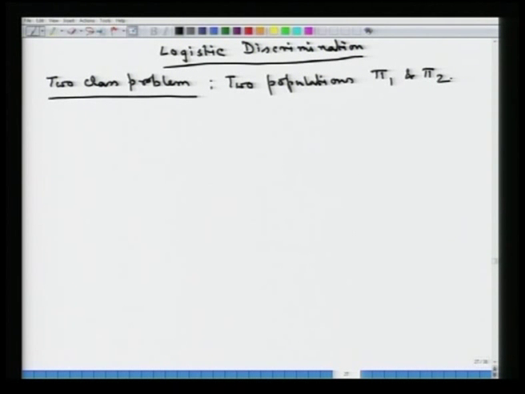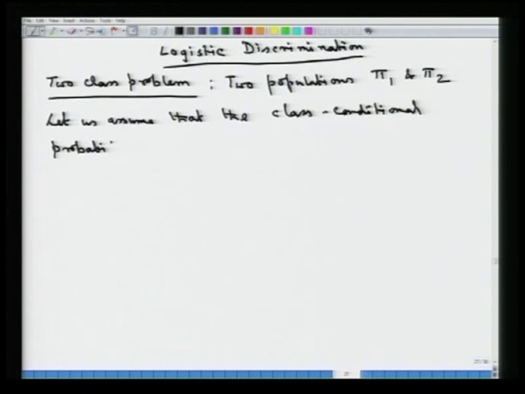Let us assume that the class conditional probabilities satisfy the following relationship: the log of p of x given pi 1,